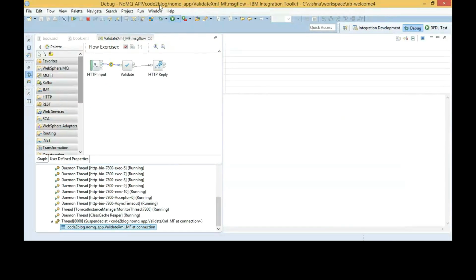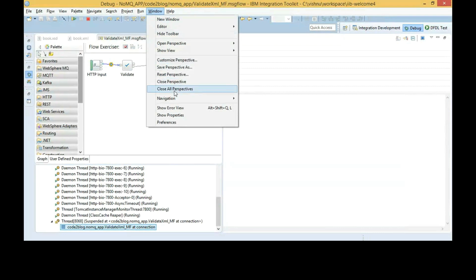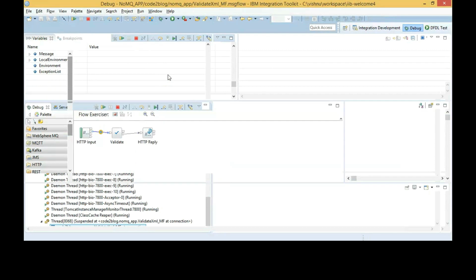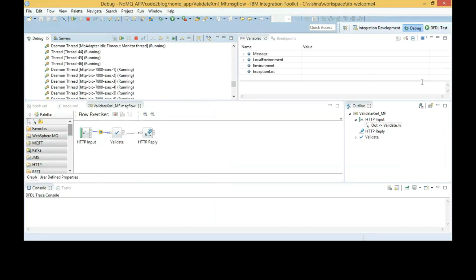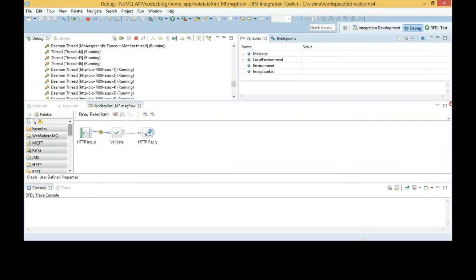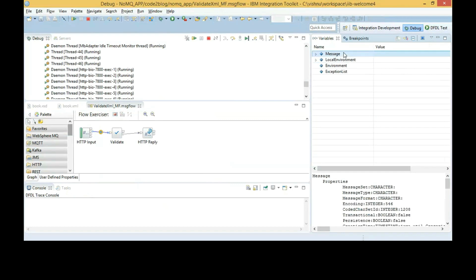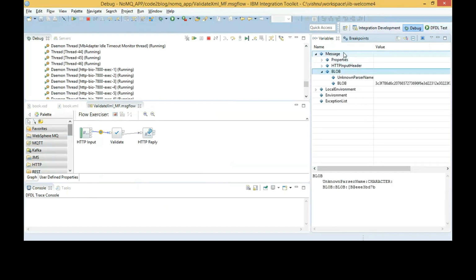Here you can see the exception list. The input message that we received on the HTTP input node has been parsed as a blob. Properties, HTTP input, blob.